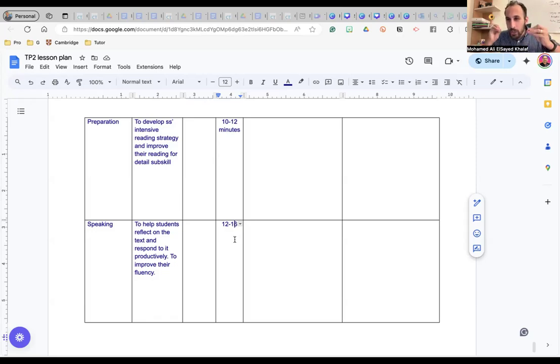Okay? Your countdown timer will save you. Because if the time goes up before you do the speaking or before you do the writing, which is the final step or the final stage, the lesson fails. Not to standard. Okay? The lesson fails.